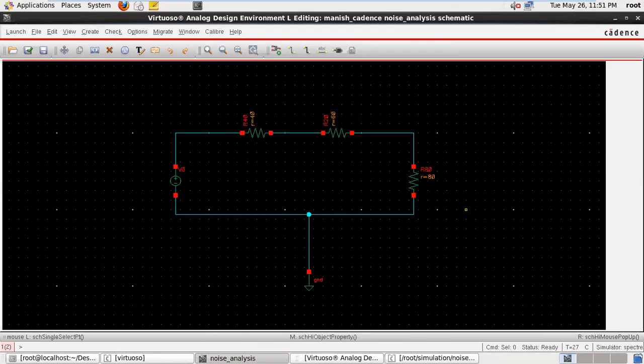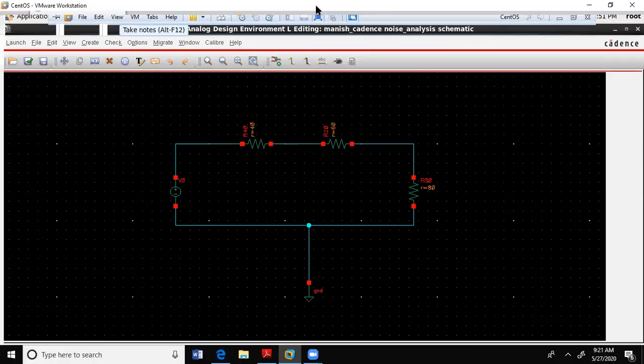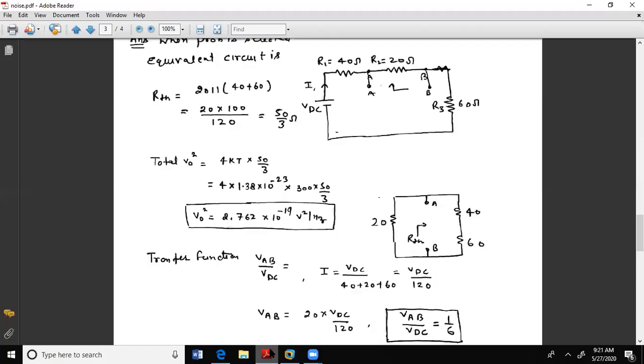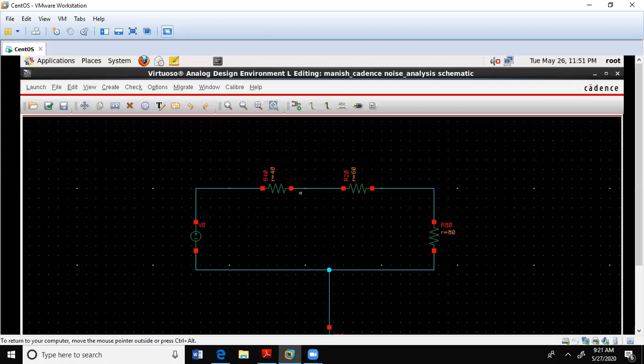Okay, so my circuit is complete. Once again check the values: 40, 20 and 60, sorry. The first is 40, this value is 20 and this value is 60.